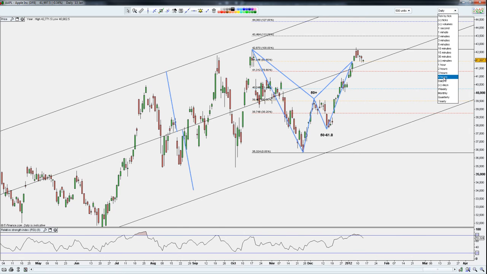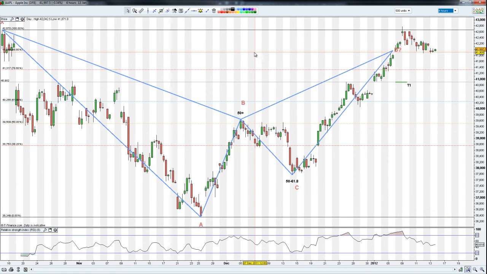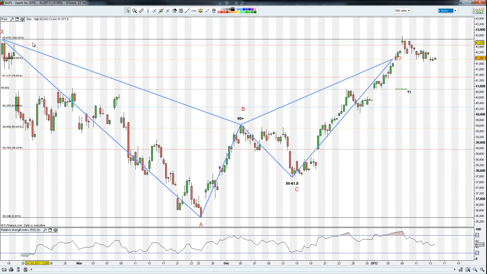On the 4 hour, my target is, if I can just get this to minimize a little bit. Okay, so we've got our X, A, B, C, and D for this bat. We have a test of X here, and again we saw quite a bit of being overbought. So my target's down here at $409. My entry point's actually, I front ran this one at about $417, $418. So I'm in a bit of a deficit here, feeling some pips of pain, points of pain in this case, and hopefully this will drop down to